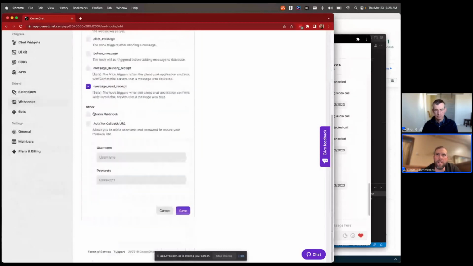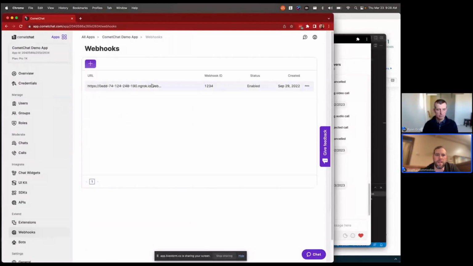So if you have something going wrong in your system and you want to stop the messages for a little bit, instead of deleting this, you can simply disable the webhook for that time. So I'll go ahead and demonstrate. Now that we've got this webhook configured,